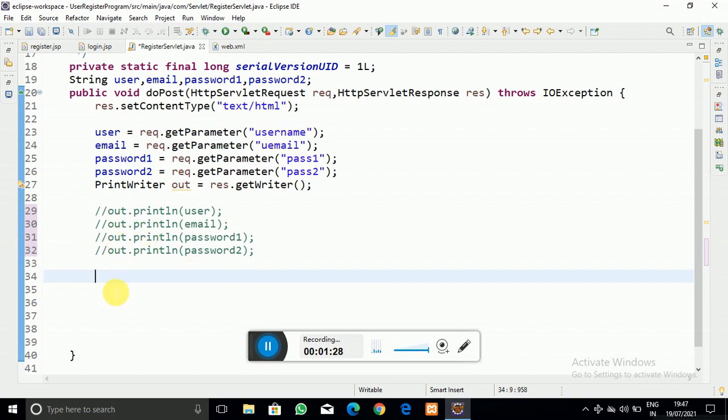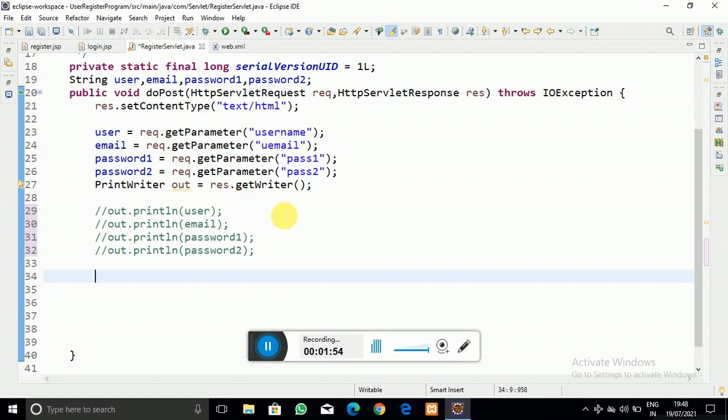We want this data sent to the database, and then we will validate it using the login servlet from the database. So first of all, let's create the database and the table with fields like username, email id, password 1 and password 2 to store the registered details of the user.